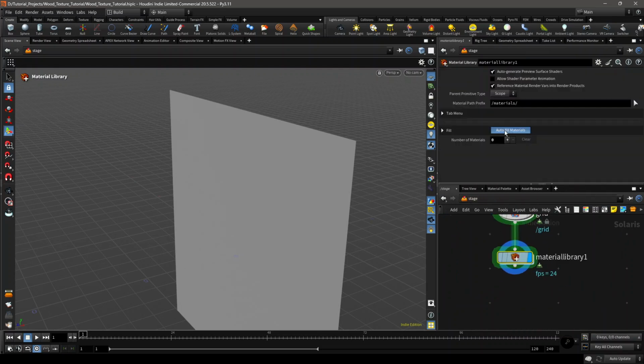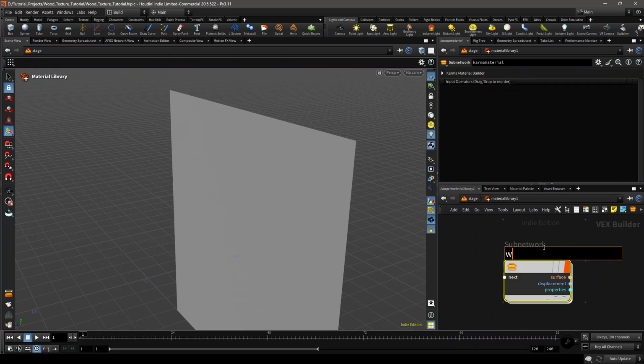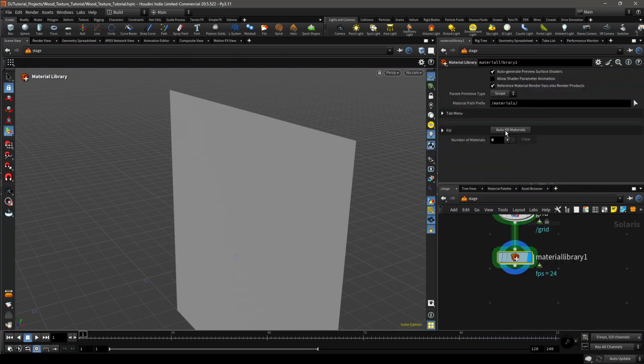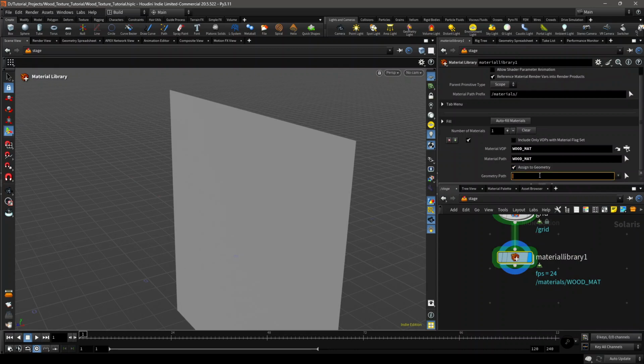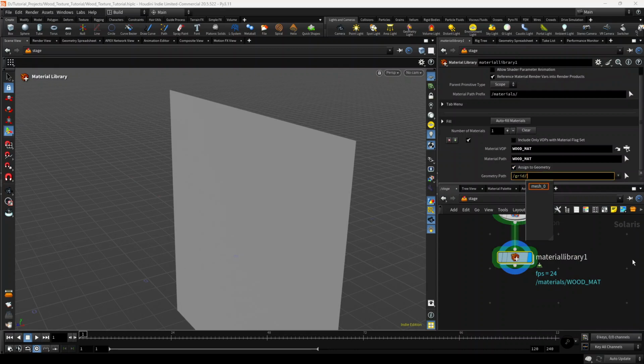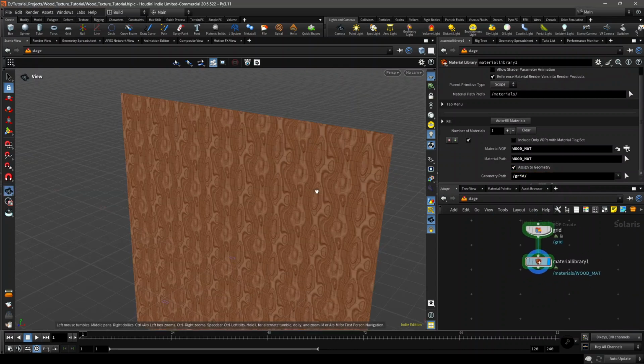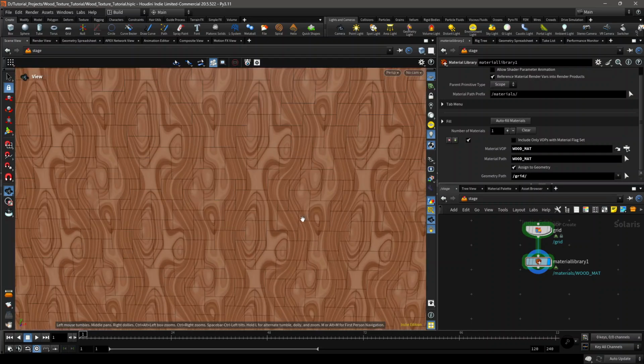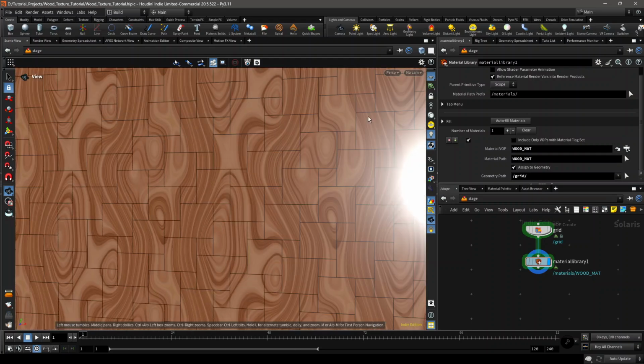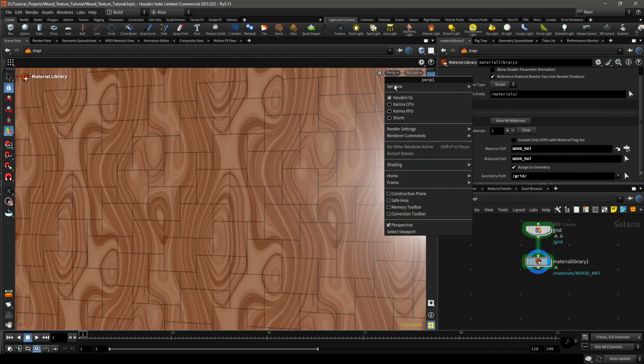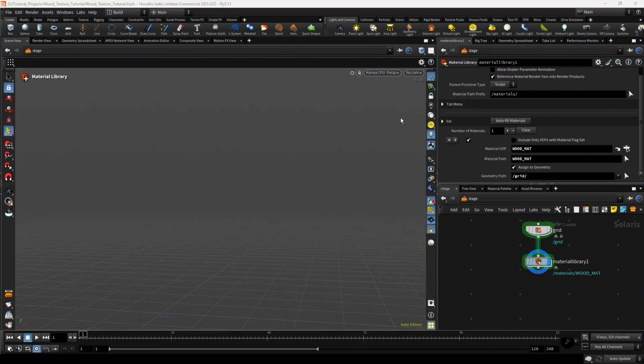Come over here, autofill materials, oops, so clear it and change the name to wood matte, autofill materials again, and set it to grid, apply it to grid, and as you can see we have it applied. And turn on the Karma CPU or XPU,